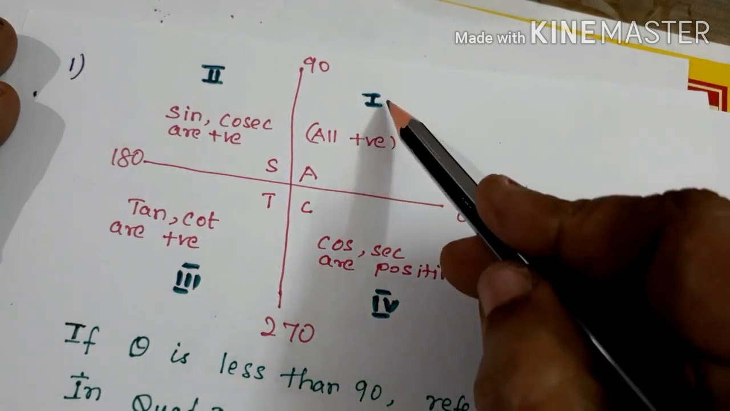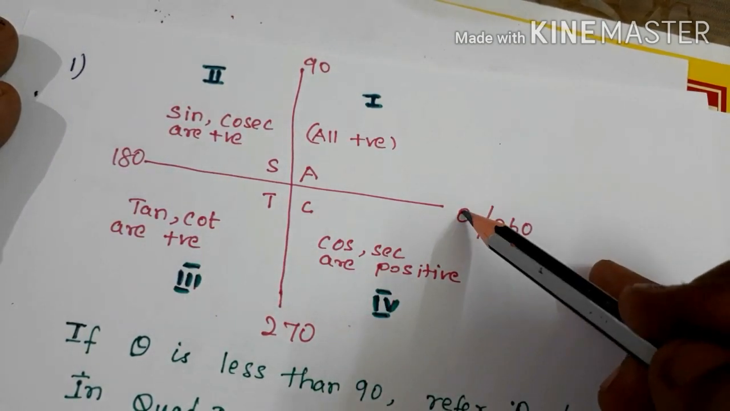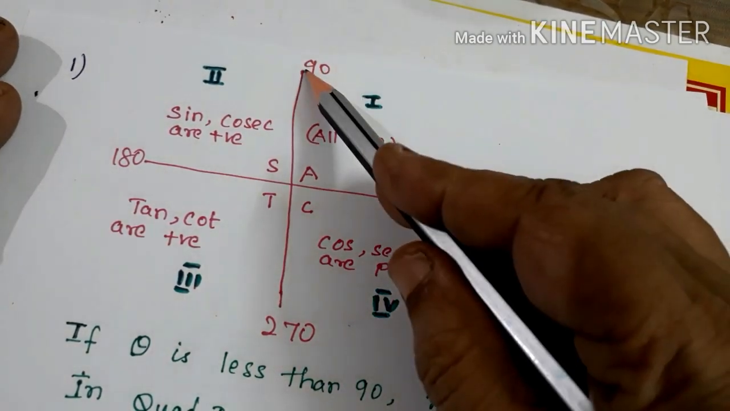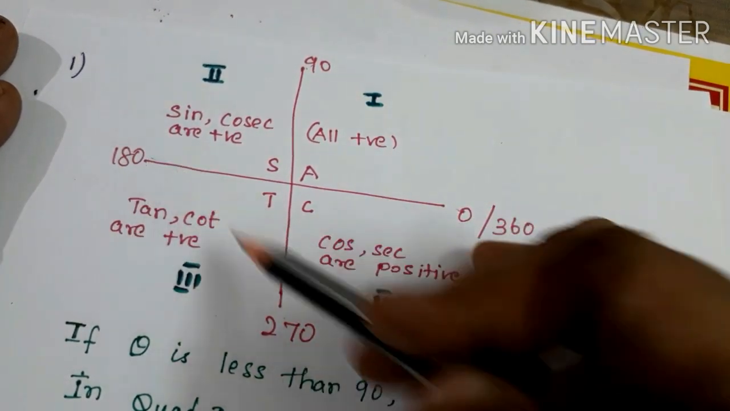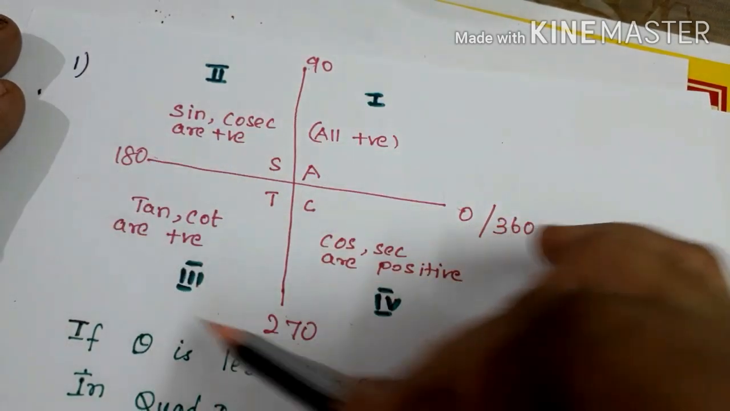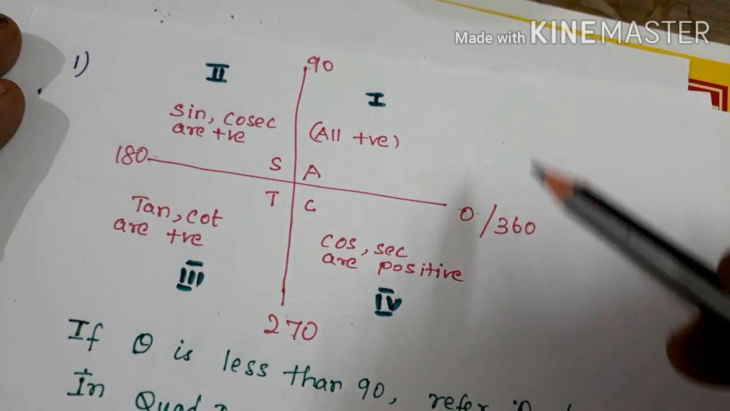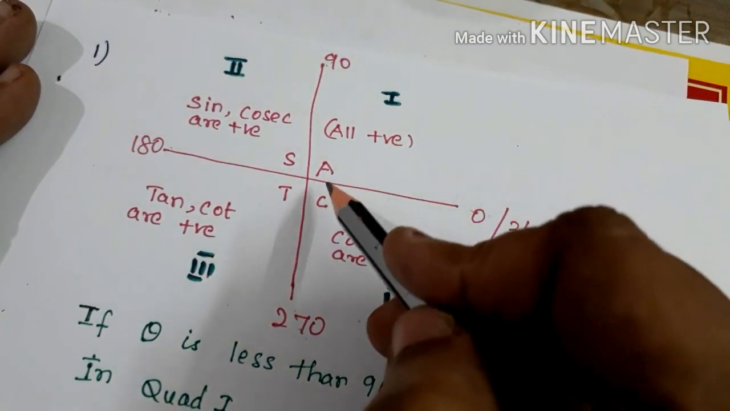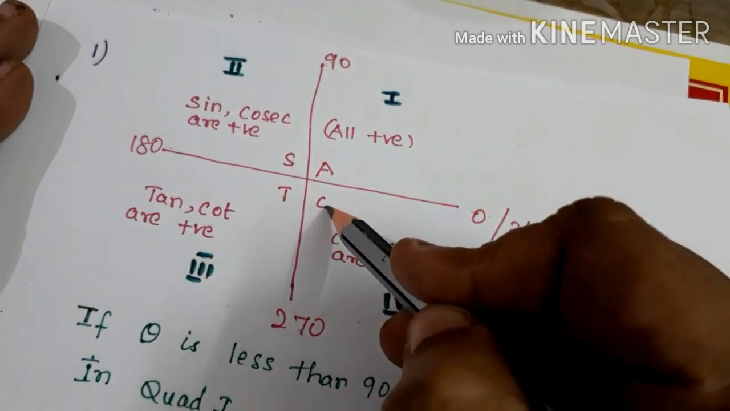Now you can see I have considered 4 quadrants: 1, 2, 3, 4. Each quadrant is 90 degrees: 0 to 90, then 90 to 180. So 180 plus 90 is 270, and 270 plus 90 is 360. In the 4 quadrants I have marked the angles 0, 90, 180, 270 and 360. Now you can have a clue word here, children: All Silver Tea Cup. All